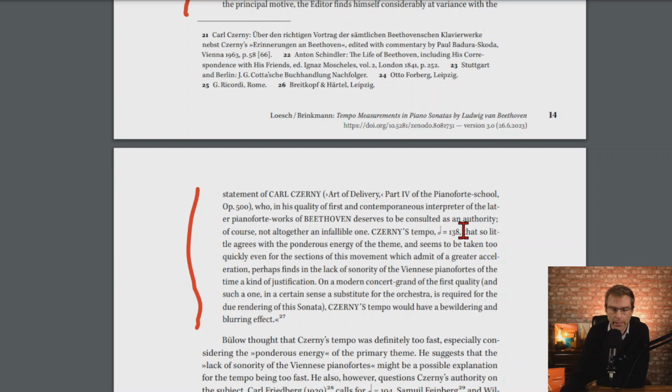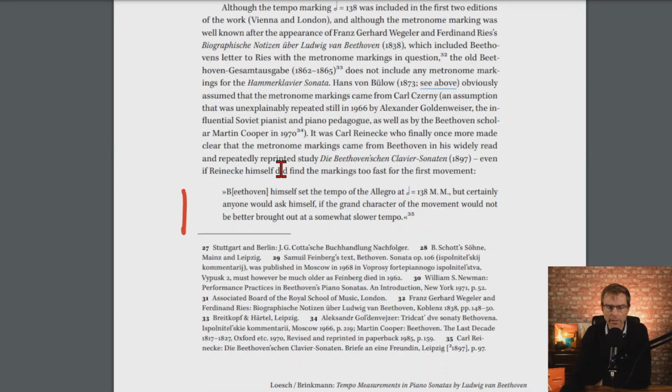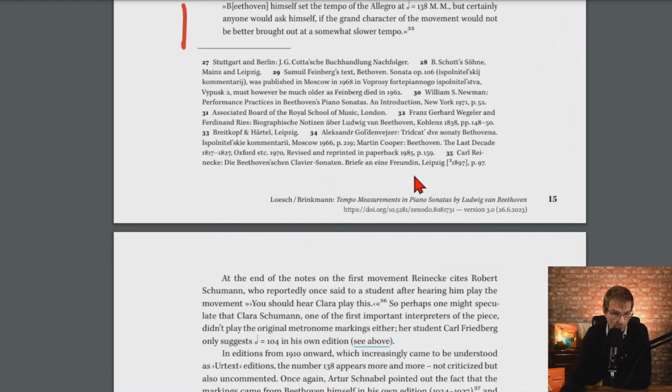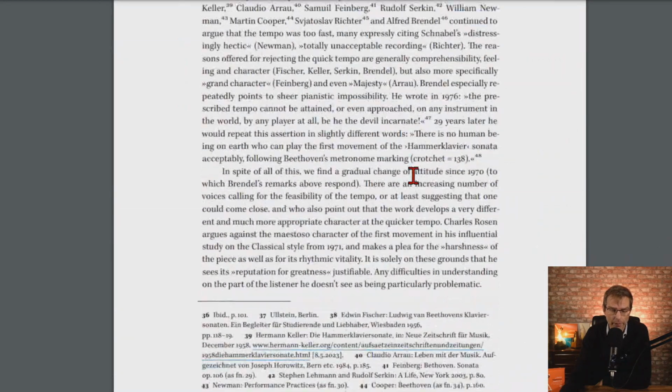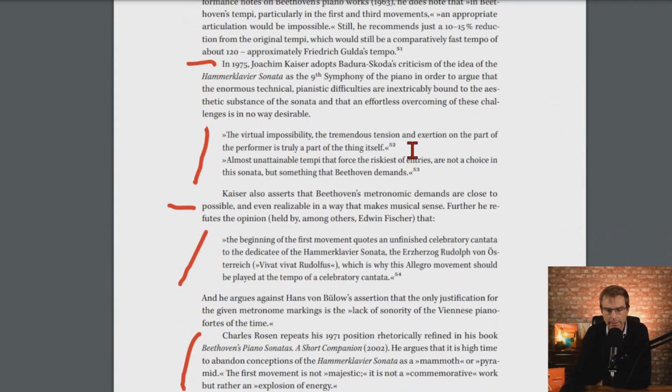"Czerny's tempo 138", by the way, it's Beethoven's tempo, but whatever, "that so little agrees with the ponderous energy of the theme." Remember this. And then here we have Reinecke: "Beethoven himself set the tempo of the Allegro at 138, but certainly anyone would ask him if the grand character of the movement would not be better brought out by somewhat of a slower tempo." The broad character. I'm saying to remember that because if you scroll further, you come into the 20th century